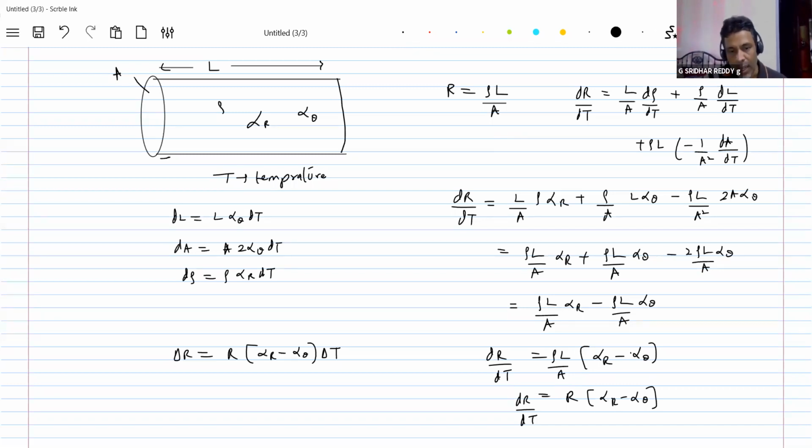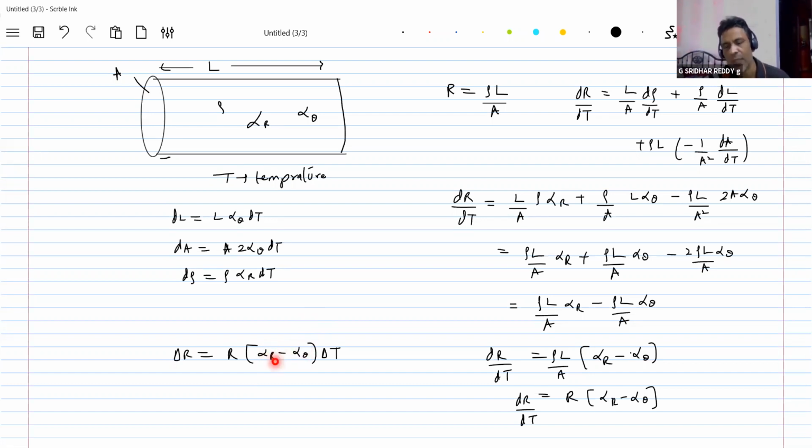And what is the alpha? Alpha is something related to collision of drifting electrons with the atoms. So the phenomena are totally different here. Alpha theta corresponds to what? Change in the distance between any two points of a conductor. It will show that particular effect is what we are reflecting here.